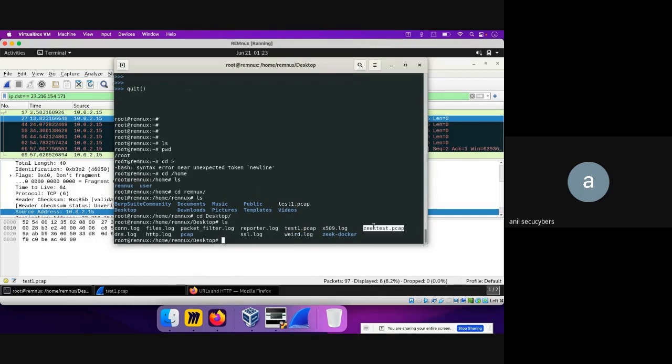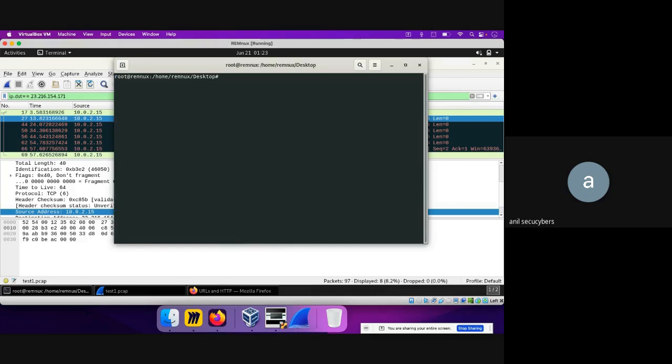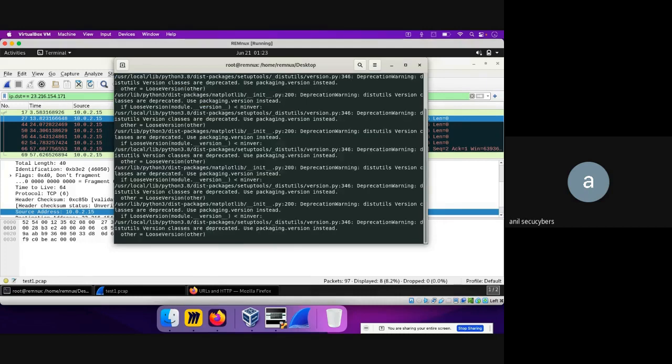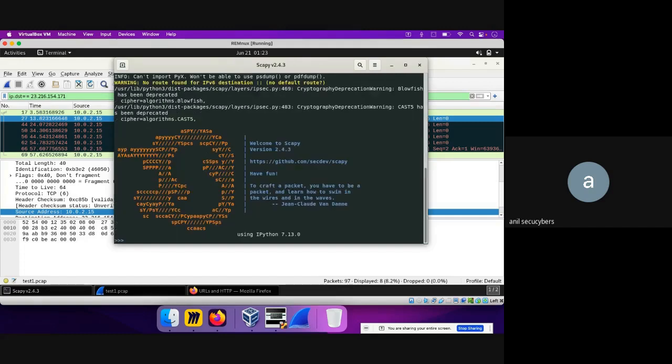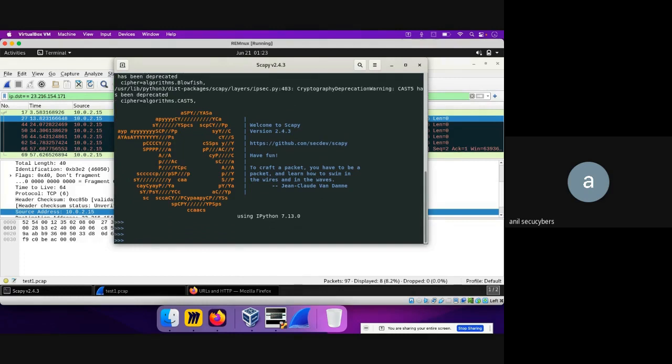Okay. So what we do is we just do a clear, and we have the test PCAP. What we do, we just run the Scapy module quickly and give it some time to restart. And now what we'll do is that we'll quickly write from